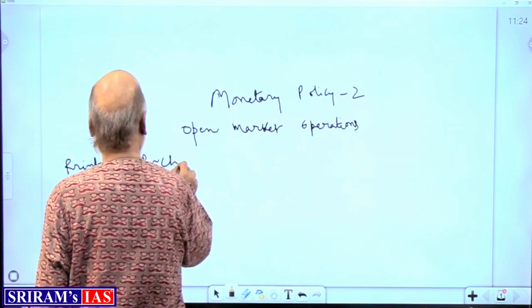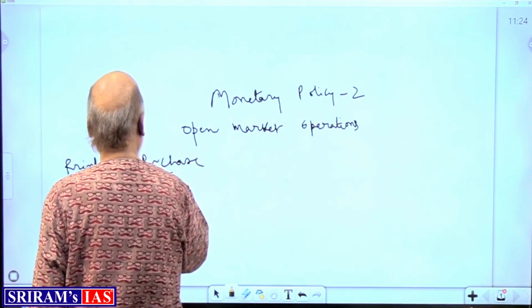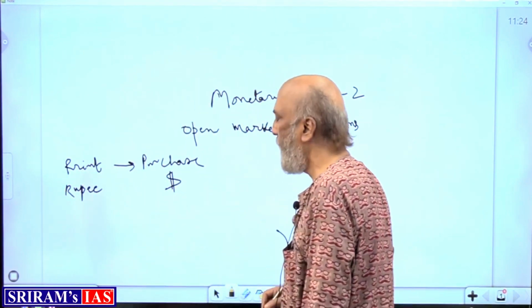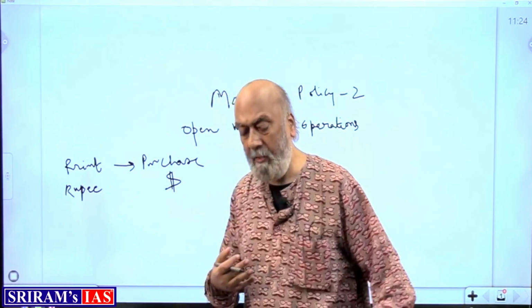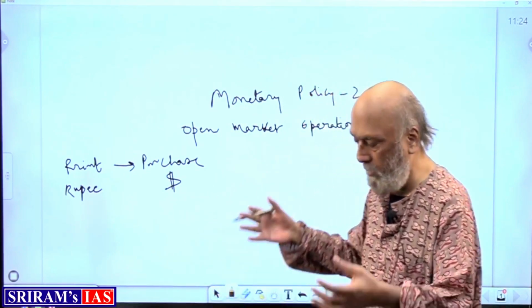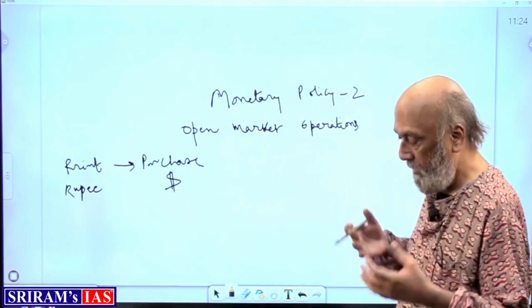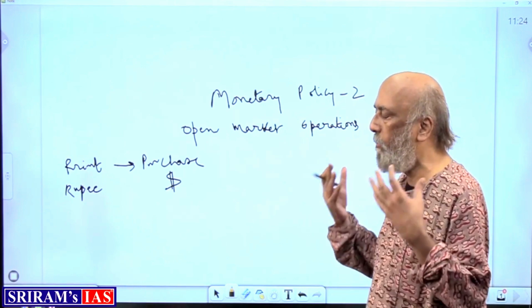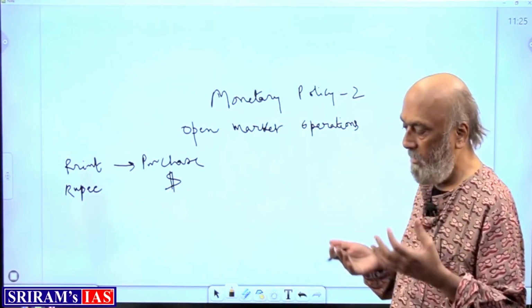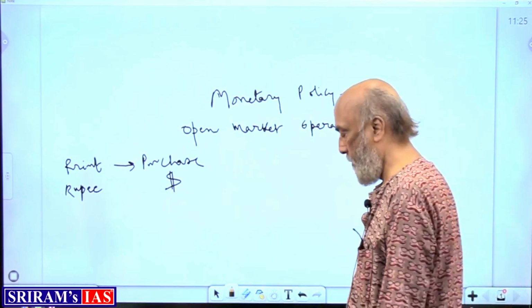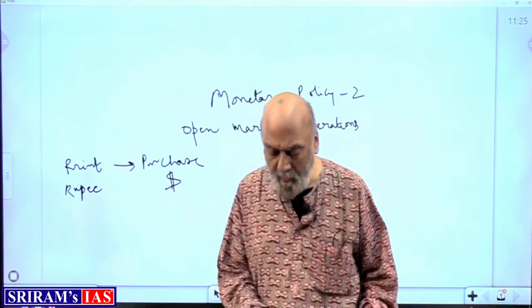Purchase dollar. So, in my pocket there is the dollar. In the economy there are rupees. $1, $1 billion, $575 billion worth of rupee I have printed, put it into the economy, and the economy has